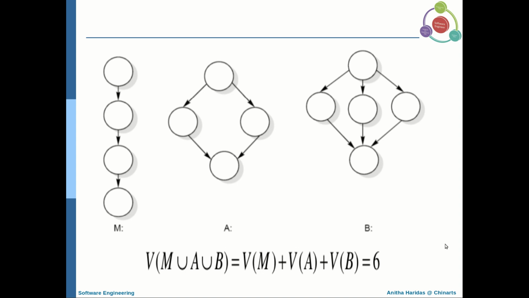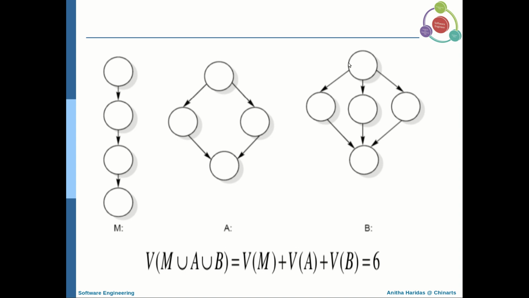If so, you will have 3 different connected components for the given program, because I am drawing a flow graph separately for the main function, graph A represents function A and graph B represents function B. The question is, how do you calculate the metric value?